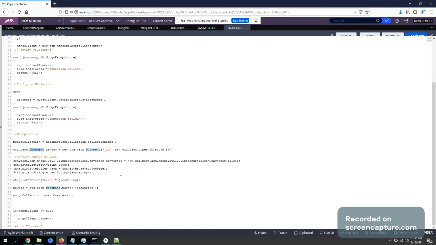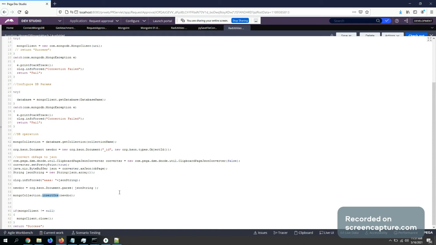In MongoDB everything is a document, so everything needs to be inserted in document format. Every document is in JSON format. So I'm converting the whole clipboard page into JSON format and adding that JSON string to the document object. Next, this inserts the document into the MongoDB collection.